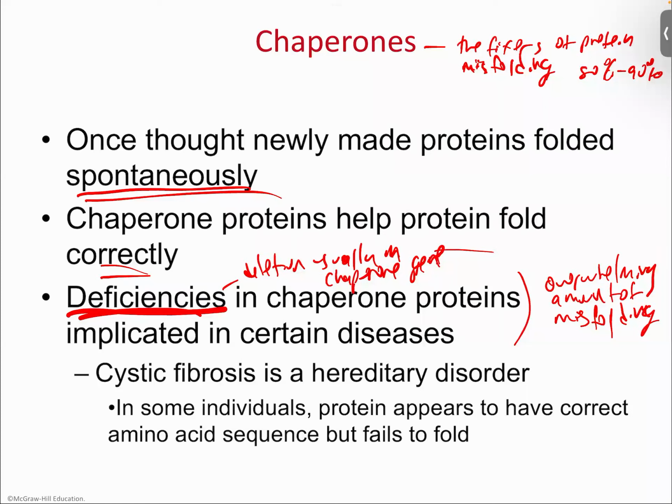If you're a fixer, then the idea is you're just working on a little bit of it. So if we remove you and there's an overwhelming amount of misfolding, that means you were doing more than just an occasional fix here and there. What that suggests is that you were actually part of the process.